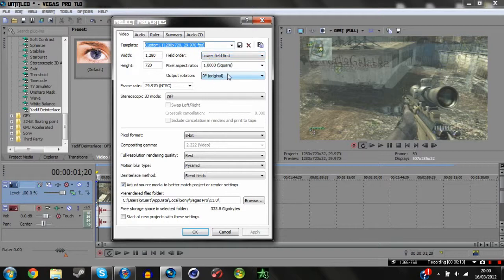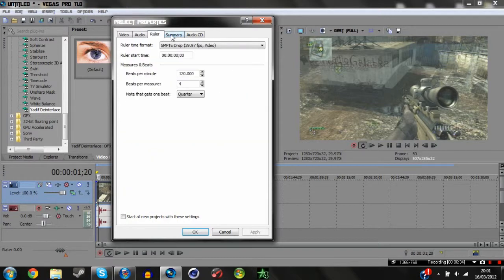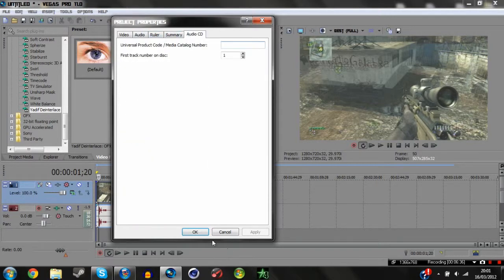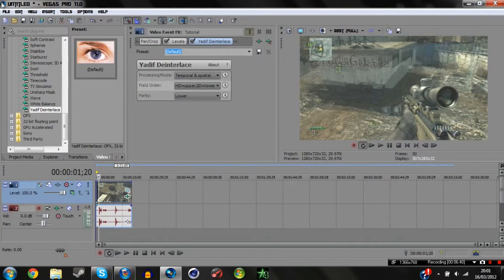Output rotation 0. You want to make the pixel format 8-bit. The full resolution rendering quality should be at its best. The motion blur type should be pyramid, and the de-interlace method can either be left at none or interpolate. I don't know if none actually makes a difference. Nah, I didn't see a change there. And you want to miss out the rest of the tabs, and you want to come into your file, render as,